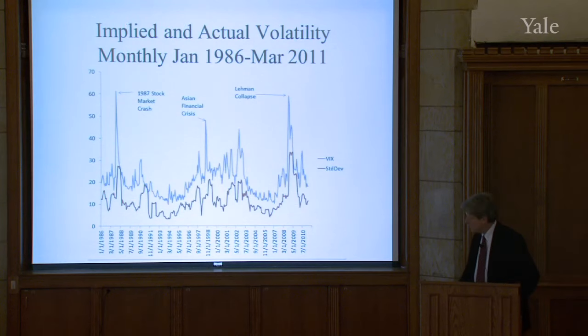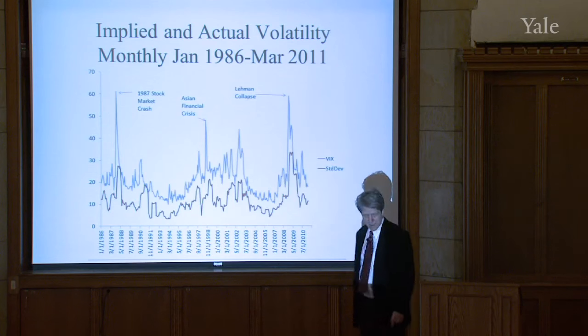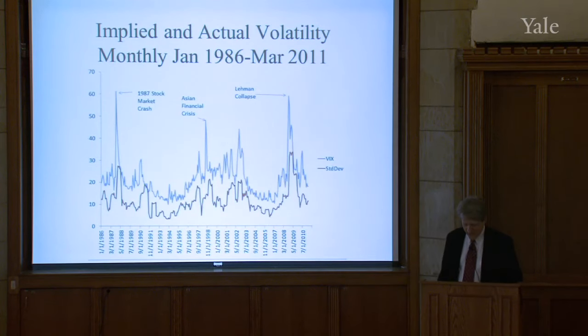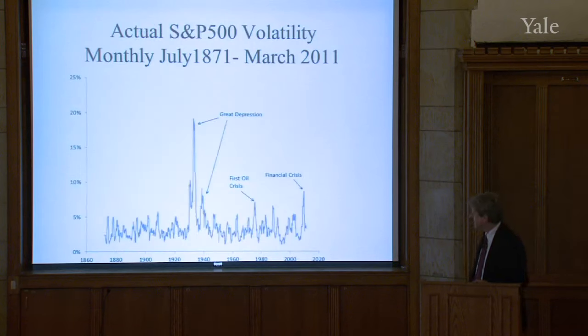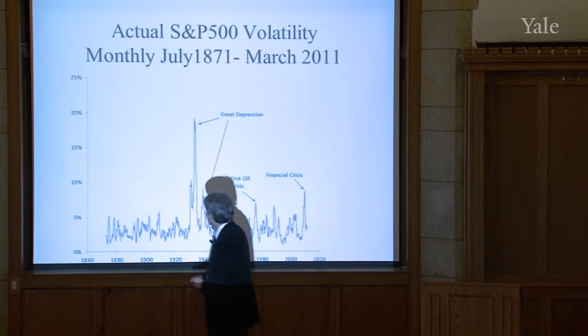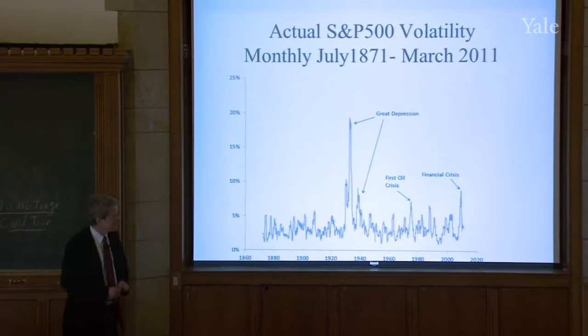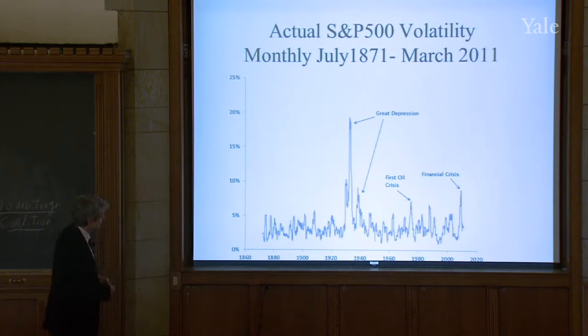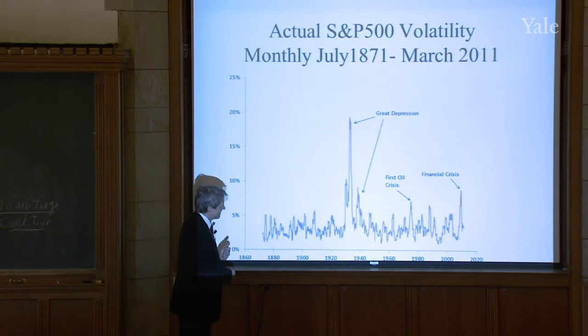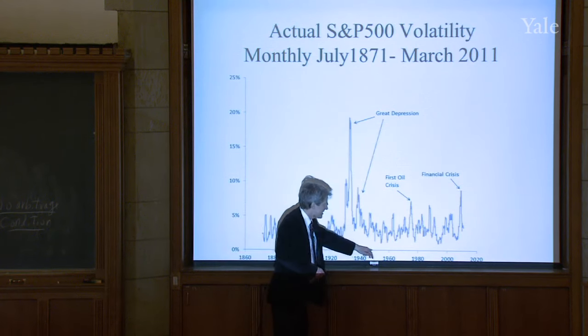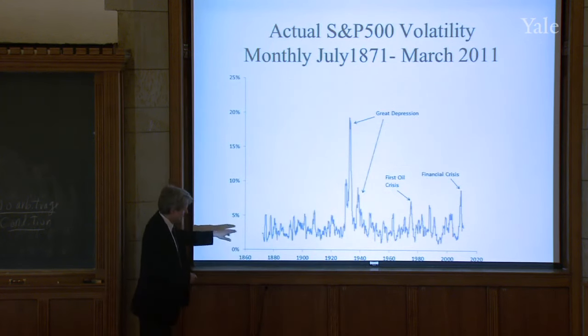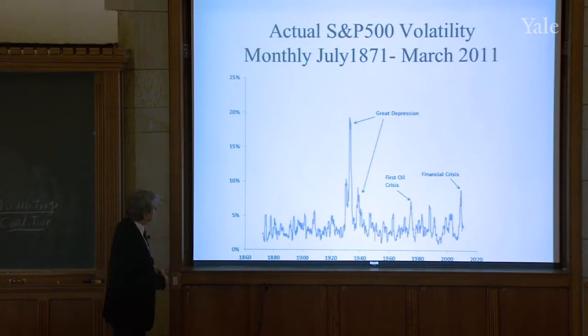Now, I wanted to show the same chart going back even further, but I can't do it with options prices because I can show volatility earlier, but I can't show implied volatility before around 1986 because the options markets weren't developed yet. But I computed an actual S&P Composite volatility. Well, in my chart title, I said S&P 500. The Standard & Poor 500 stock price index technically starts in 1957, but I've got what they call the Standard & Poor Composite back to